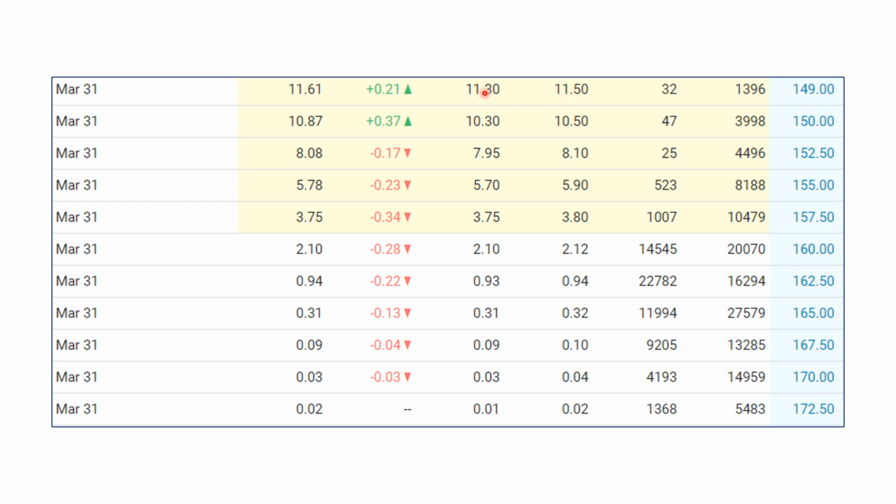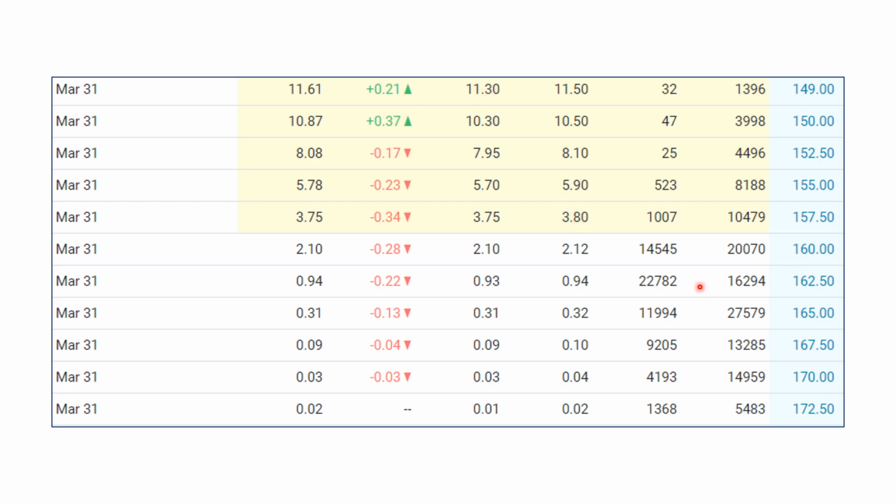I'm going to put my order out as a limit order to sell at 1145. This quote here would switch from 1130 to 1145 because now you are the one who's willing to sell at the lowest price. So be careful. Sometimes the last trade has no relevance to the current market.